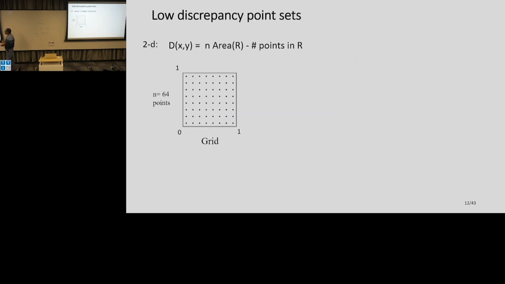But this already gets very interesting in 2 dimensions. So let's test our intuition. Our question is, I want to place n points, let's say in a unit box, and I want to do it uniformly. So maybe a very natural candidate is to just place them in a grid. So what's the discrepancy of this placement? And let me write the definition of this.